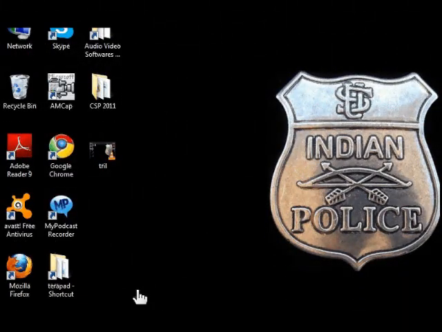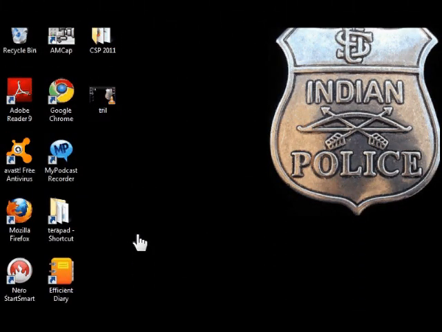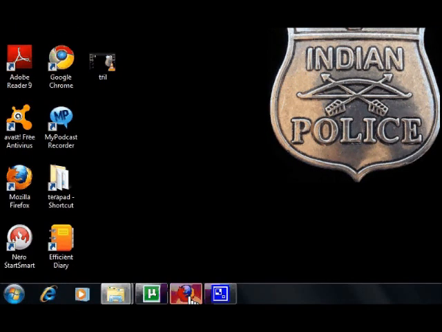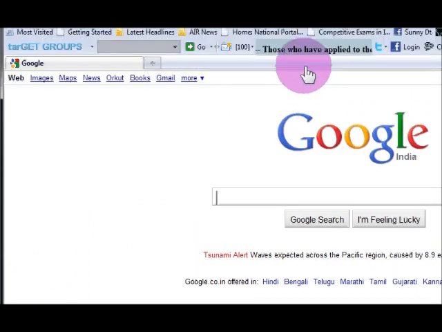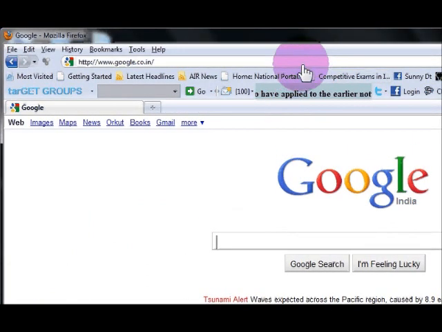This is a small tutorial regarding the civil services preliminary application through online. This is the first time that UPSC has given the online application, so many people are confused about this. So first open your browser and type in